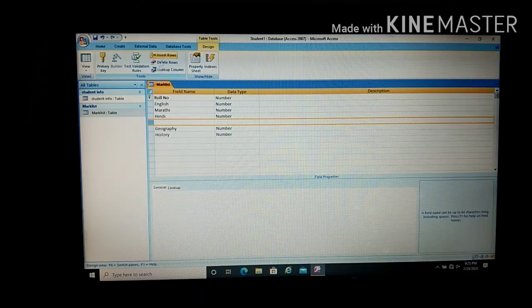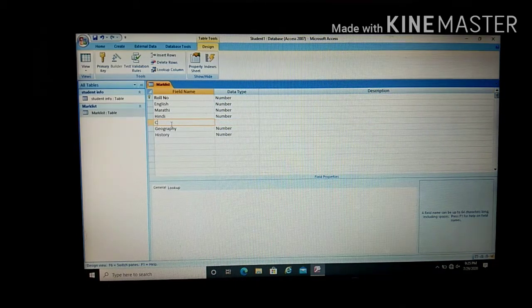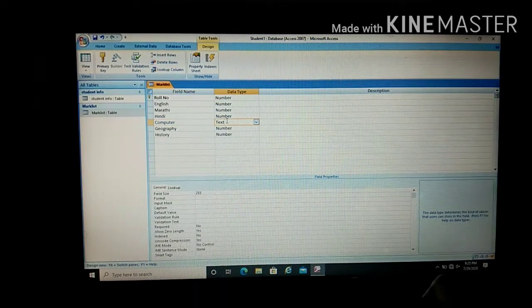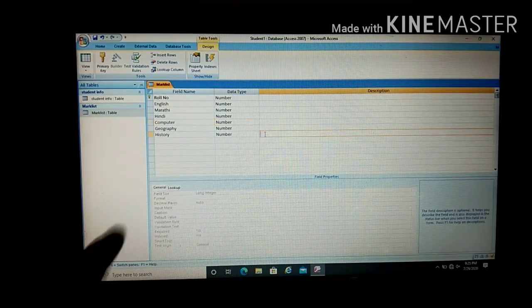Just click on it. See, a new row is inserted here. I will add the new subject, that is computer. Then for the data type, I want number. So here I have inserted a new record.